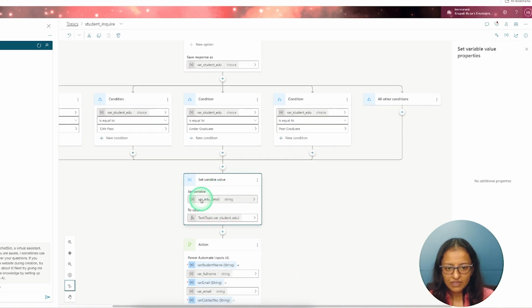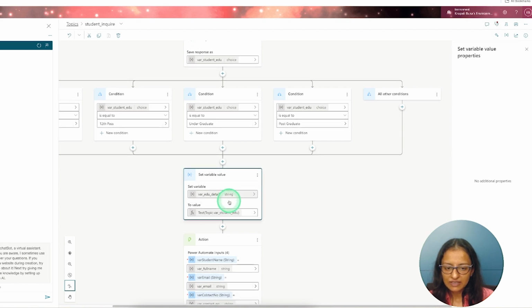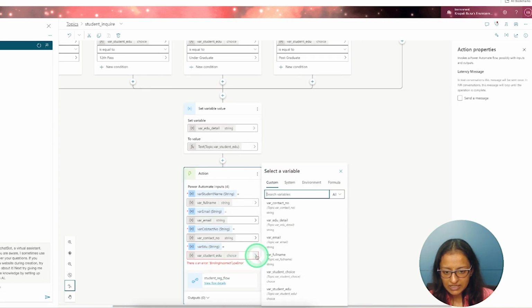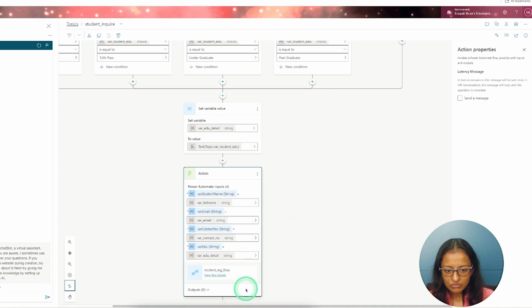Now see, my variable edu detail contains the same value which is there in that variable, but that is a type of string, and automatically you can see the data type string. So instead of variable student educational detail, I need to select the variable educational detail. So the error will automatically go, and just save it.